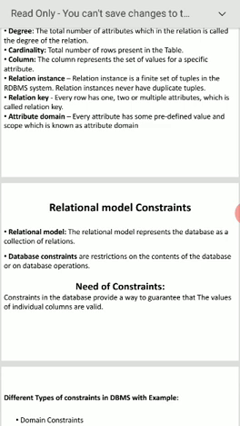Every row in the table represents a collection of related data values. There I have given 1, A, BCA, something. Every row has a collection of related data values. Value of the first row is what? 1, A, BCA. Value of the first column is what? 1. Value of the second column is what? A. Value of the third column is what? BCA. Value of the fourth column is nothing.